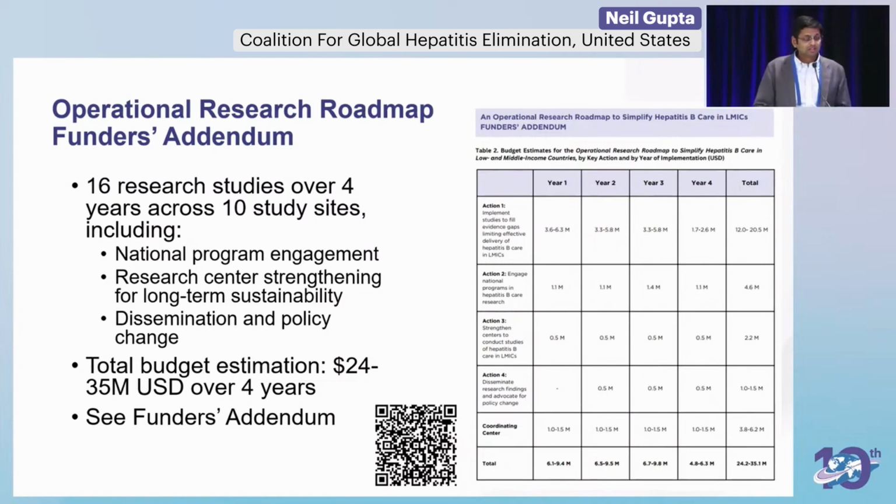We made some preliminary assumptions, and the QR code is right here. Again, if you want to look at the detailed assumptions that we put into the preliminary budget analysis, which we want to keep open and transparent and open for feedback. We assumed 16 research studies across 10 countries over 4 years, so quite ambitious, with embedded resources for those different actions that I mentioned: national program engagement, long-term sustainability through research capacity building, dissemination and policy change. We have an estimate of approximately 24 to 35 million USD over 4 years, which is a starting point for